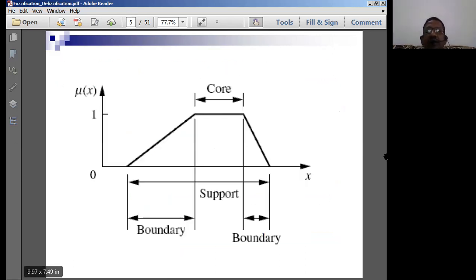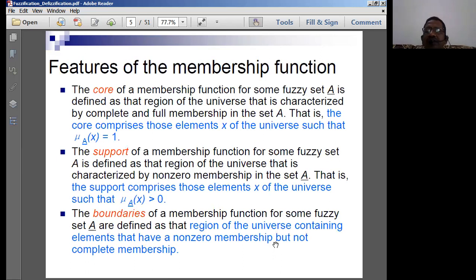this particular graph. In this graph, if you see on the y-axis, you're going to have a membership function varying with respect to x. X is going to be on the x-axis. So x is the independent variable, mu is going to be a dependent variable. So the value of mu depends on the value of x. Some function has been given to us here, which is going to be the membership function of a particular relation in a fuzzy set.